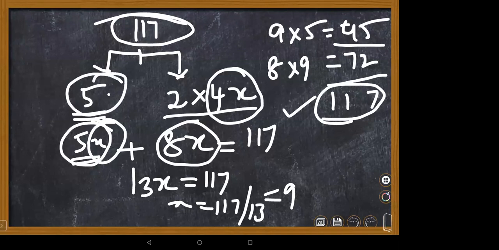The amount collected from 5 rupee coins is different, and from 2 rupee coins is different. If only the number of coins is asked, you just substitute 4 into x. 4 nines are 36. 9 fours are 36. So 36 into 2 is 72. Okay, ma'am. Understand? Yes, ma'am. Next we'll discuss types of algebraic expressions.